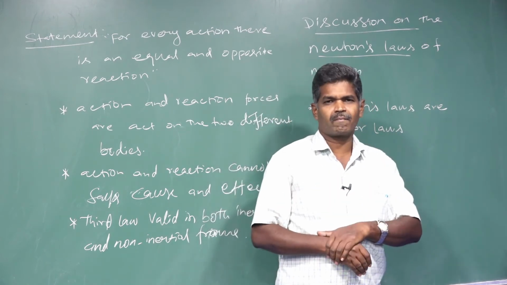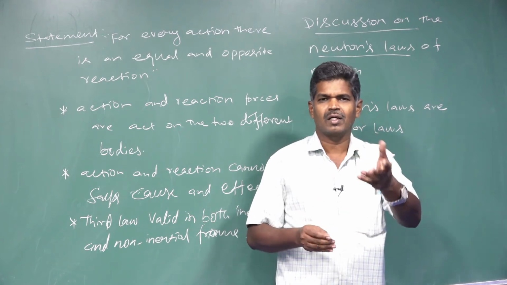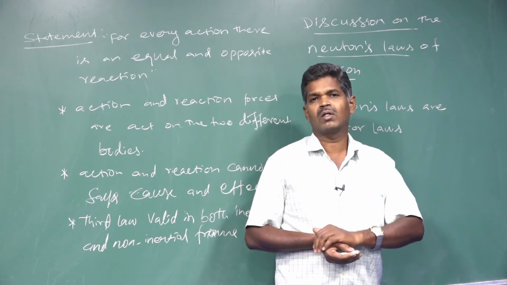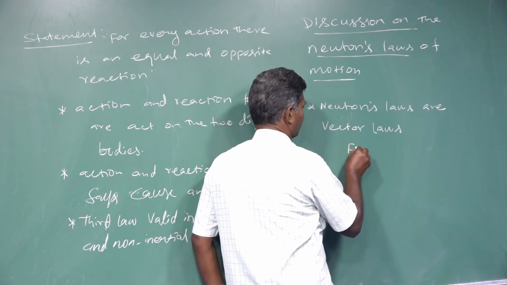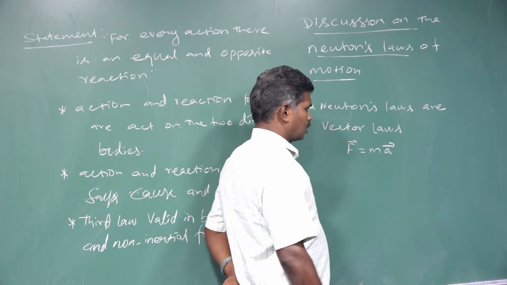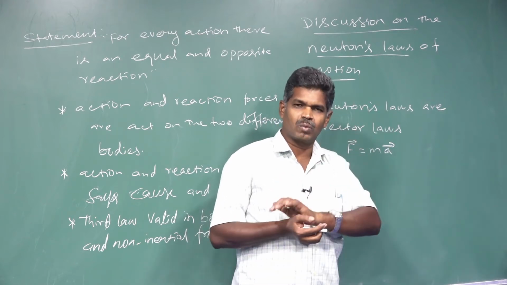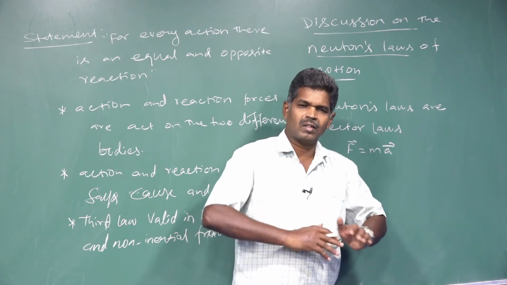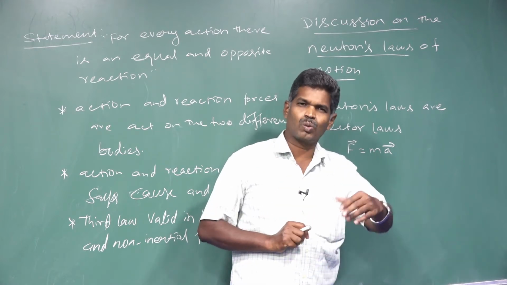In the very simple equation, F equals ma, according to Newton's second law, force is a vector quantity, and acceleration is also a vector quantity. That's why we write it in vector form: F vector equals m times a vector. We can take a straight line motion, which is called one-dimensional motion. We can take a plane, where any object acted on by a force makes acceleration. That is two-dimensional motion.